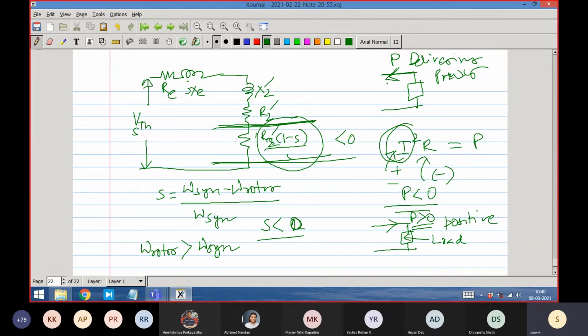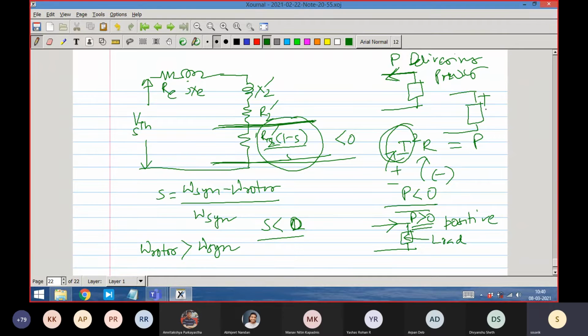Suppose the load terminal power is negative, then we'll say, with the convention of the arrow towards the load, that if this is negative, then that is a generator. And the generator, in order to be a generator, its VI relationship must be showing a negative resistance. So how does it happen? It happens this way.